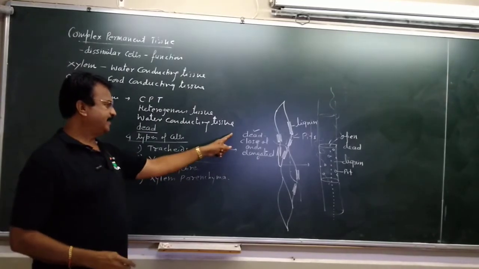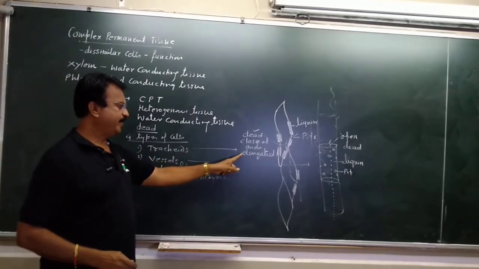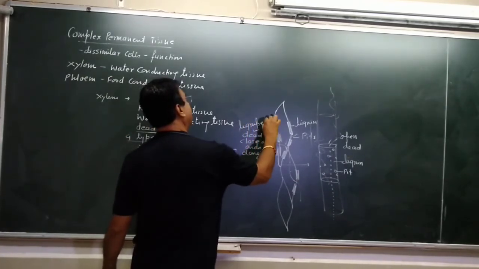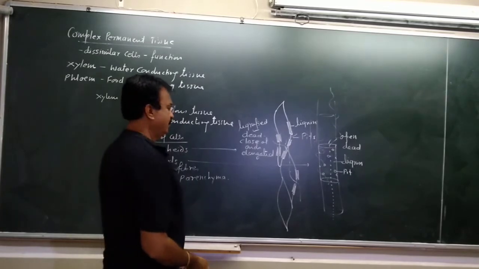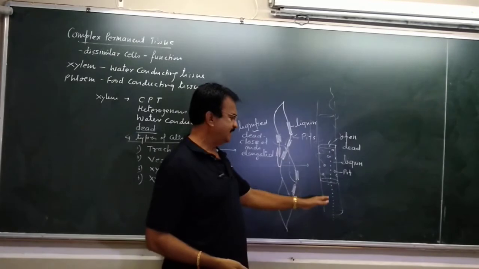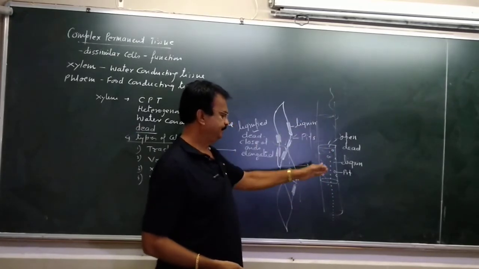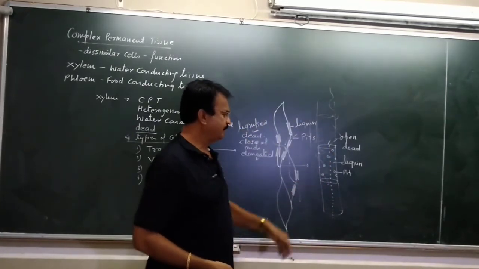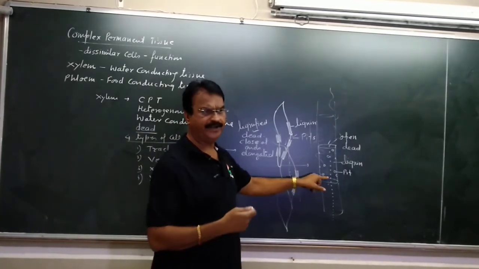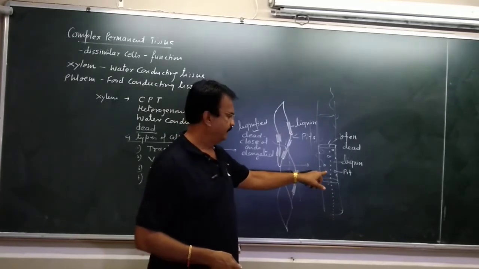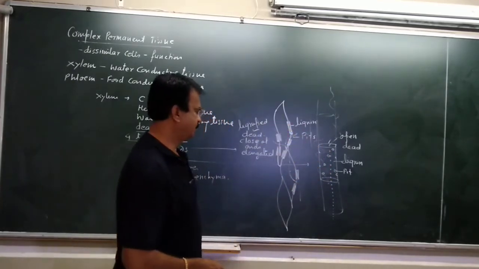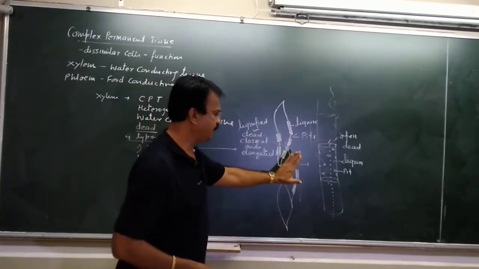So the tracheids are dead cells, closed at both ends, they are elongated, they are lignified. Lignin deposition. Function is water conduction. Vessels are elongated cells placed end to end. They form a continuous pipeline. Walls are deposited by lignin, so walls are lignified, and through these pits, the undeposited area, the water passes. So this is also a dead cell. Function is water conduction.